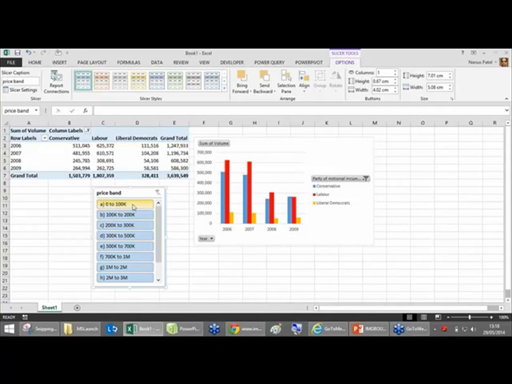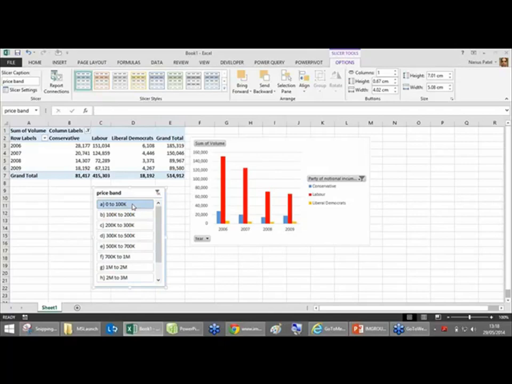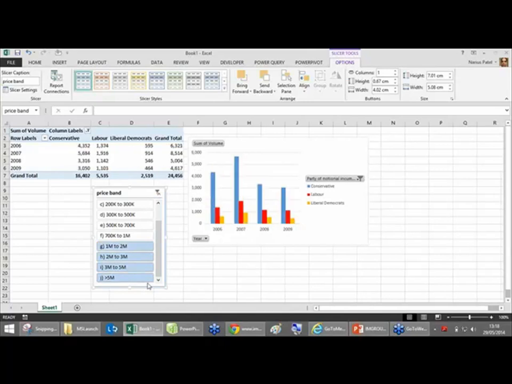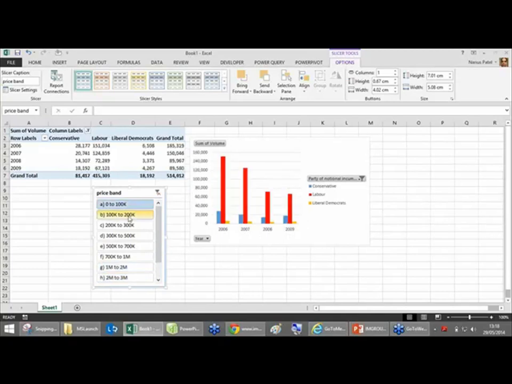So let's look at the low end of the market from 0 to £100,000. And immediately we can see most of the sales are in Labour-held areas. Okay, we can still see the dip, and that's fine. We know why that's occurred. Now if we look at the million plus side of the market, immediately we can see it's Conservative-held areas that have done well. If we look at the bands individually, so 0 to 100,000, 100 to 200,000,